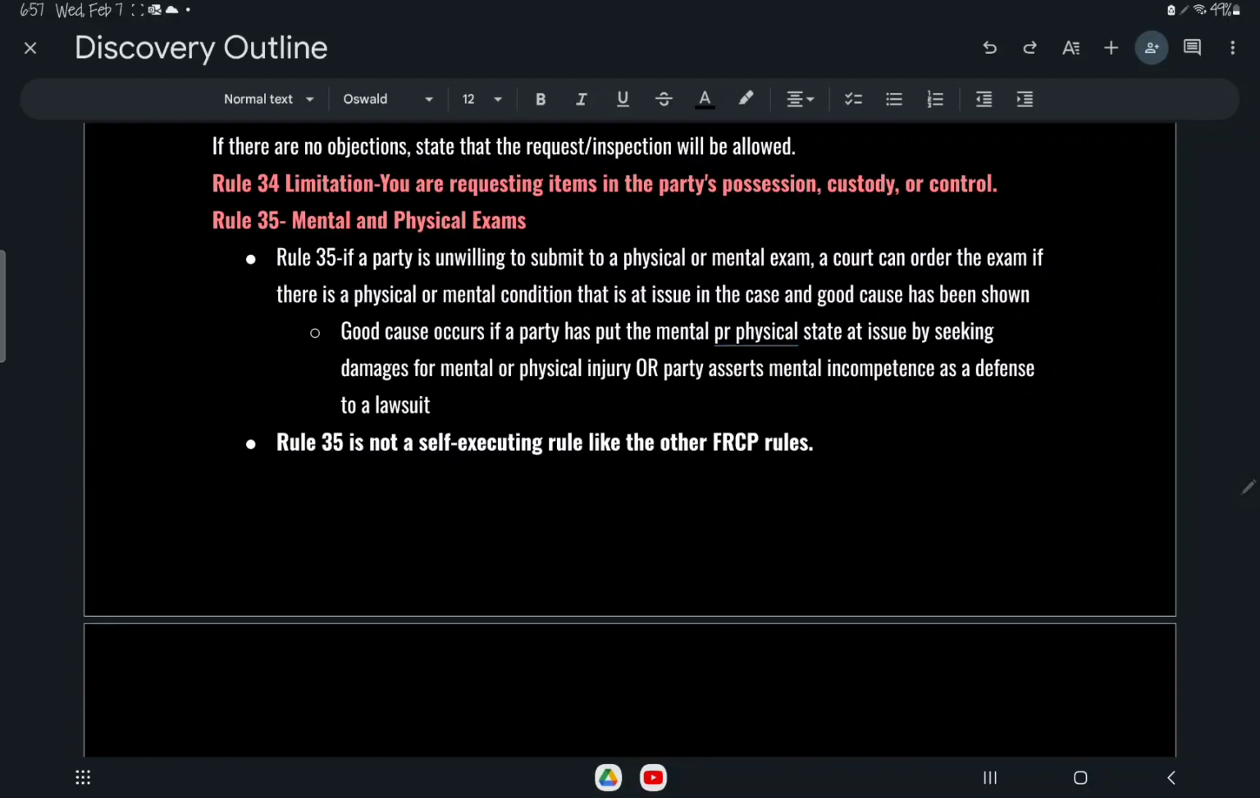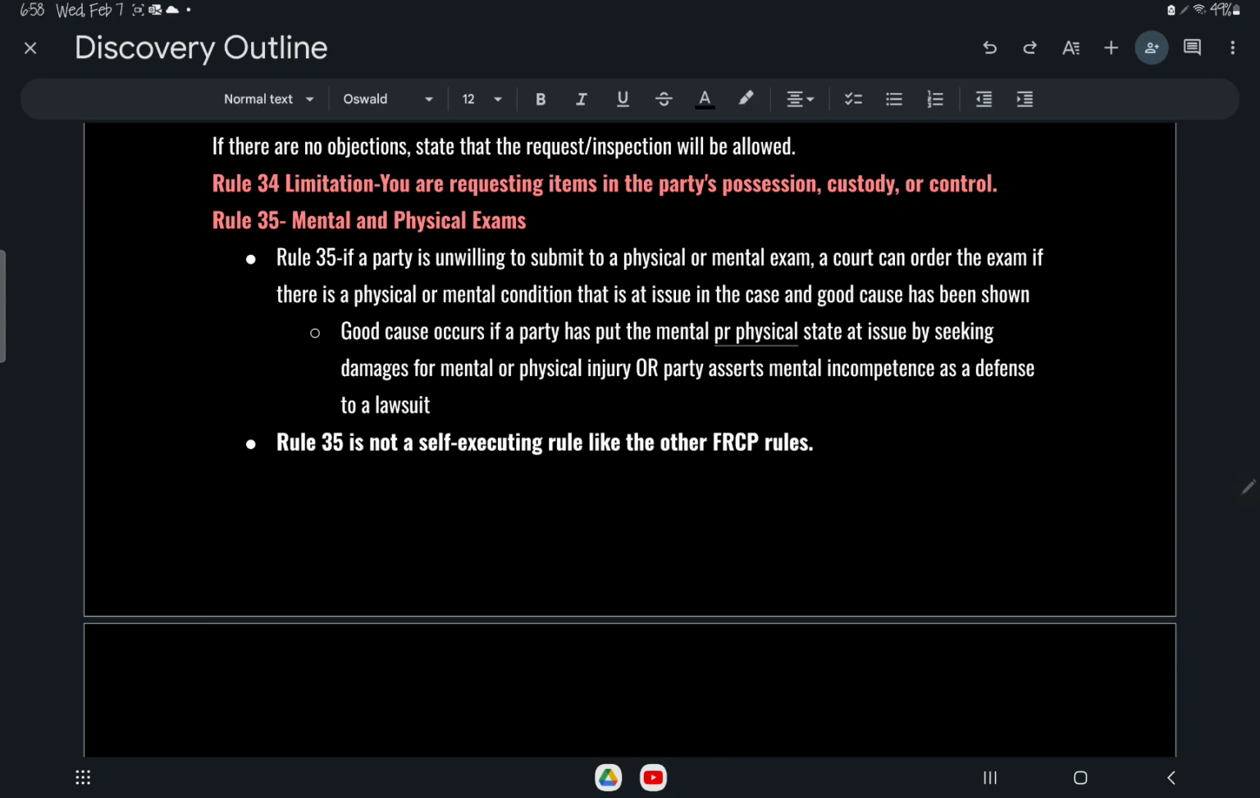Rule 34, limitation. If you are requesting items in the party's possession, custody, or control. Here we have Rule 35, mental and physical exams. Rule 35. If a party is unwilling to submit to a physical or mental exam, a court can order the